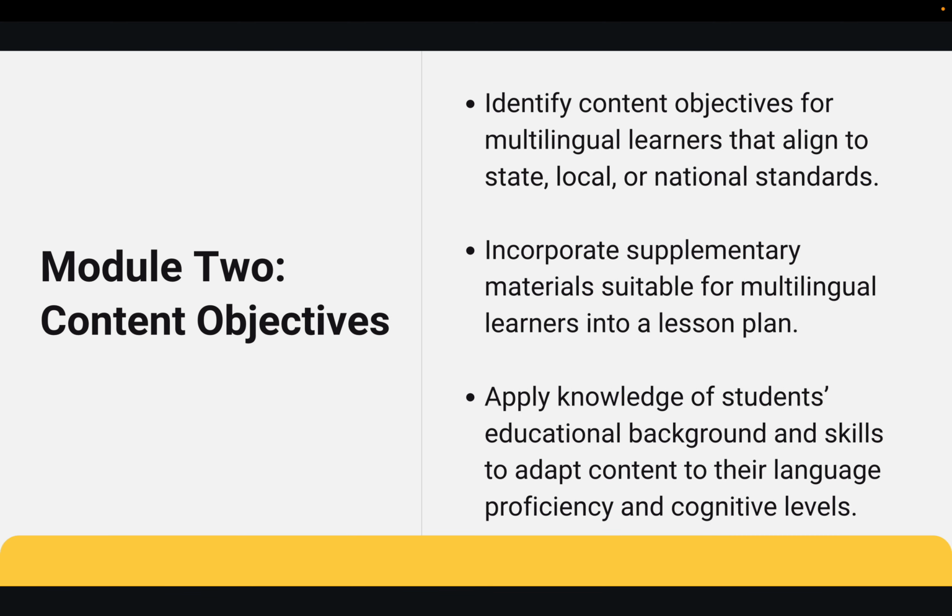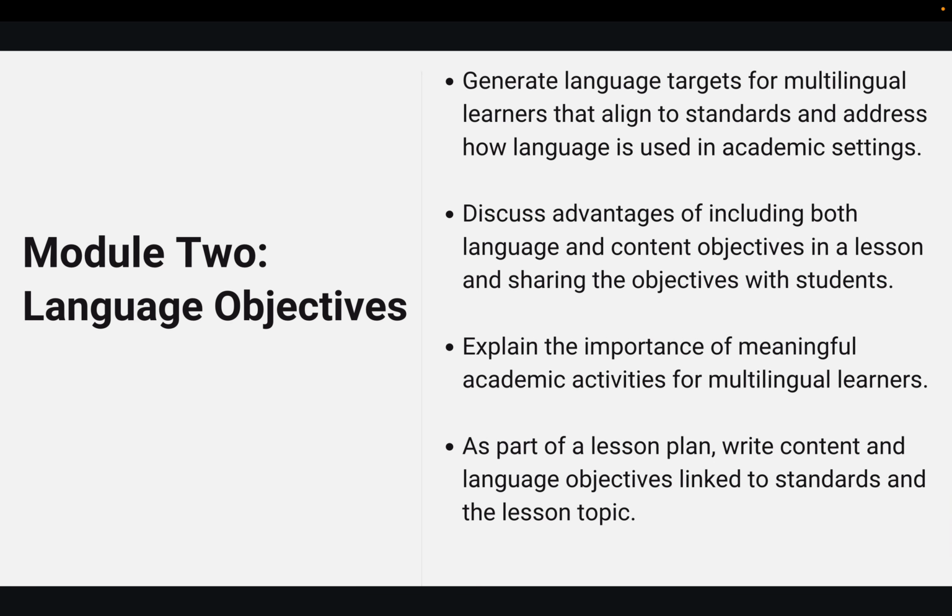In this module, you are going to identify content objectives for multilingual learners that align to state, local, or national standards, incorporate supplementary materials suitable for multilingual learners, apply knowledge of students' educational background and skills to adapt content to their language proficiency and cognitive levels, as well as generating language targets for multilingual learners that align to standards and address how language is used in academic settings, discuss advantages of including both language and content objectives in a lesson